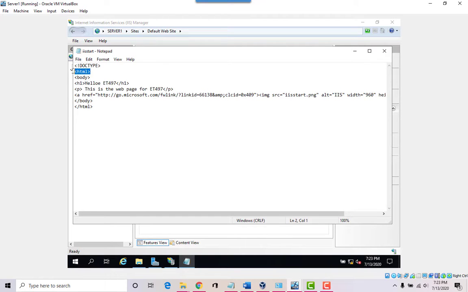We open HTML, we close HTML. We open the header, we close the header. We open this first paragraph, we close the paragraph. Here's a reference to our image, our little graphic that we had. So we open that, and then we close that as well.